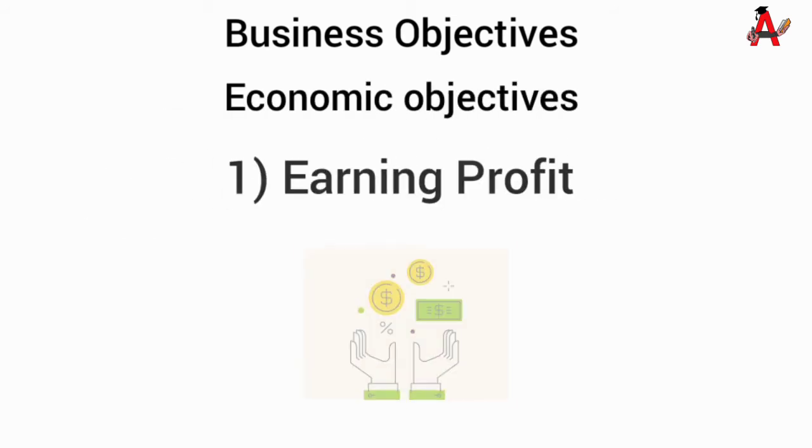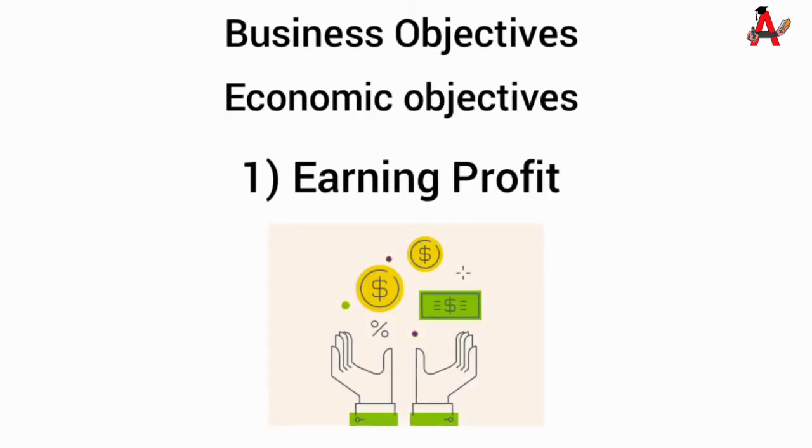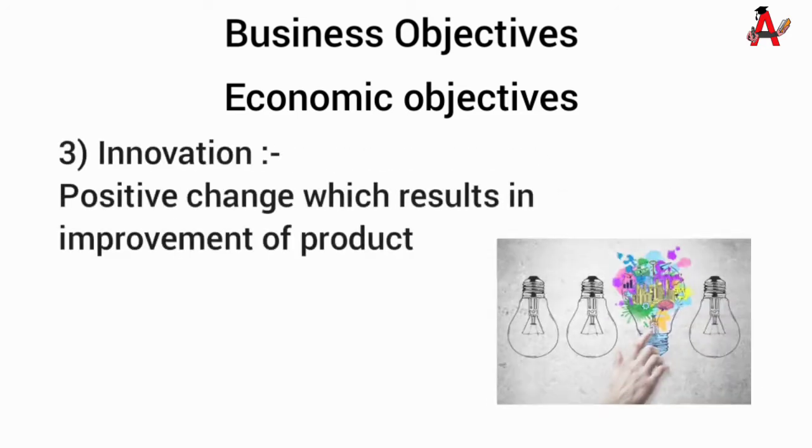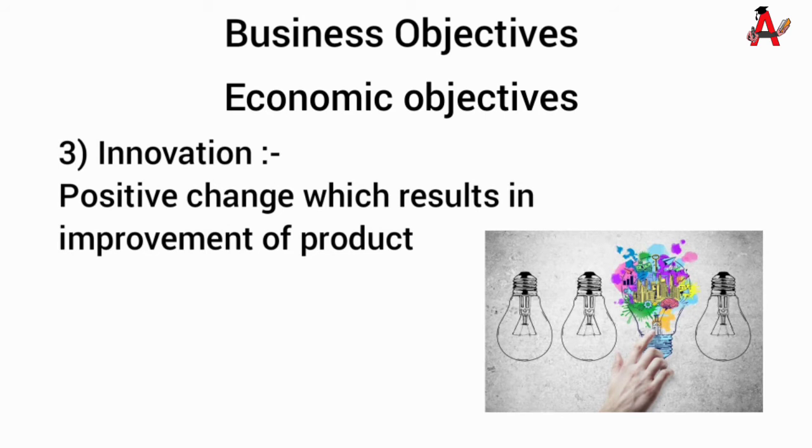For example, earning profit. Profit is required for the survival of any business and for its growth. Searching new customers. Business organizations have to work hard to create and find new customers and also to maintain the existing customers. Third economic objective is innovation. It is a development or positive change which results in improvement in products and processes. So the companies have to spend a good amount of money on research and development so that they are way ahead